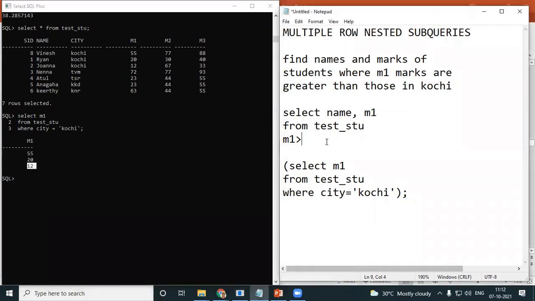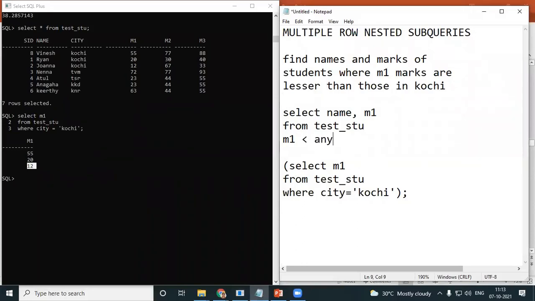Anyway, this is how you write it. We'll see less than, that is easier. Do you have anything greater than Kochi? Anyway, we see less than. M1 is less than.